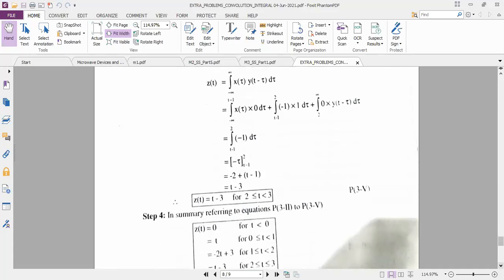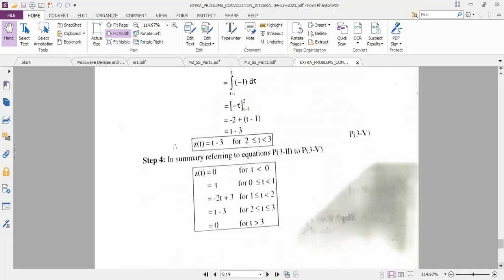I think compared to yesterday, that means the previous class, I hope you are all understanding this problem neatly. So I will get these many outputs. I have told why I am getting more time range, because I still have some common portion. So apart from the given portion, the range 0, 1 and 2, I am taking 2 to 3 also, because of the shifted version of y of t minus tau. It is occupying some portion of x of t, so I am getting some output even between 2 and 3. And when I checked for t greater than 3, I did not find any common overlapping portion, so I don't get any output.